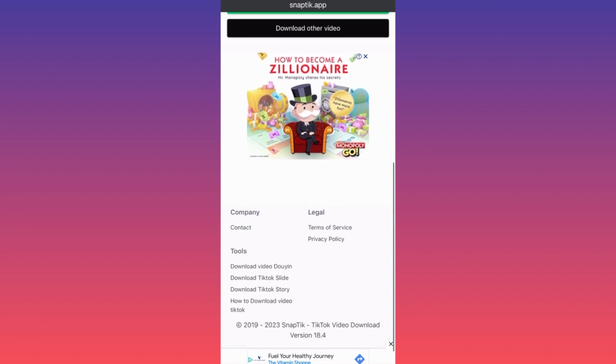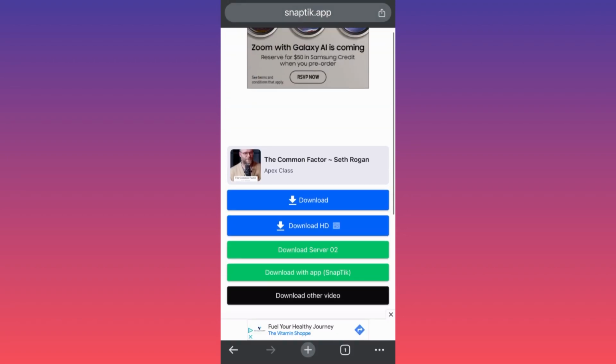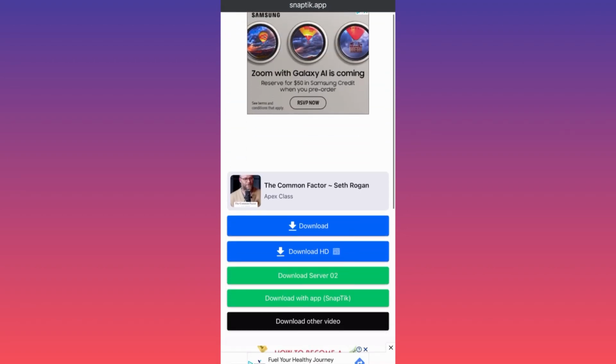Here also on the bottom it says that this app also will let you download the Chinese version of TikTok videos from there, Douyin, right? They will also allow you to download TikTok slides and TikTok stories. But essentially, this is how you download videos without